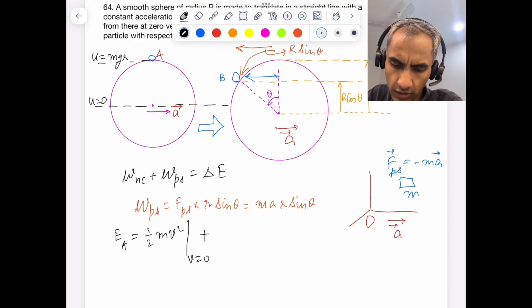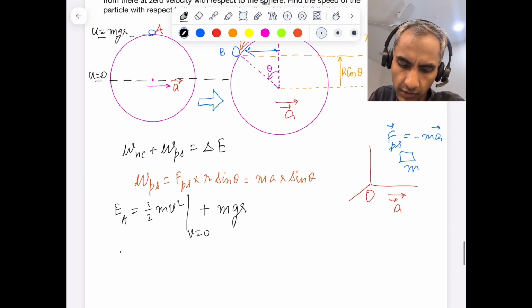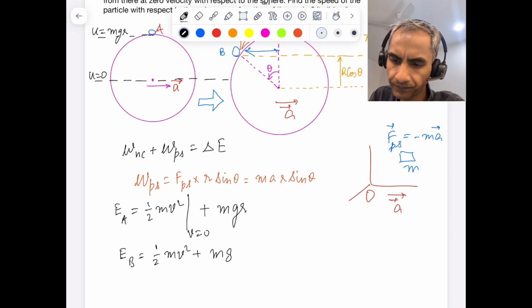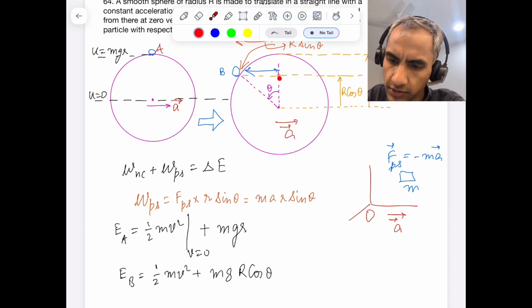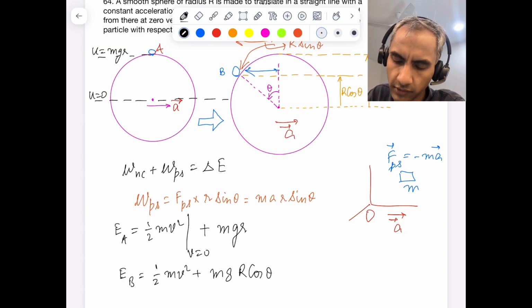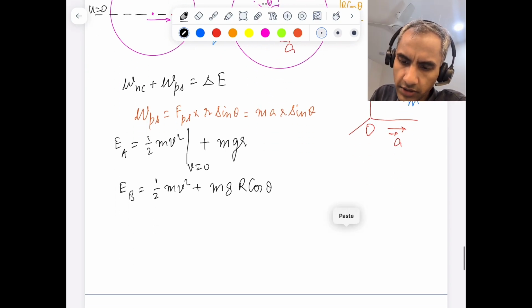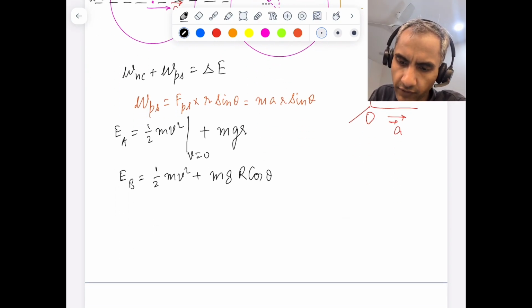So we have mgr for the potential energy at point A. Similarly, we have E_B is equal to half m v square plus mg, that would of course be r cos theta, right? So you can see this is r cos theta. Okay, so let's now equate the left and right side. So we have W_ps, the work of the pseudo force, that's m a r sine theta,